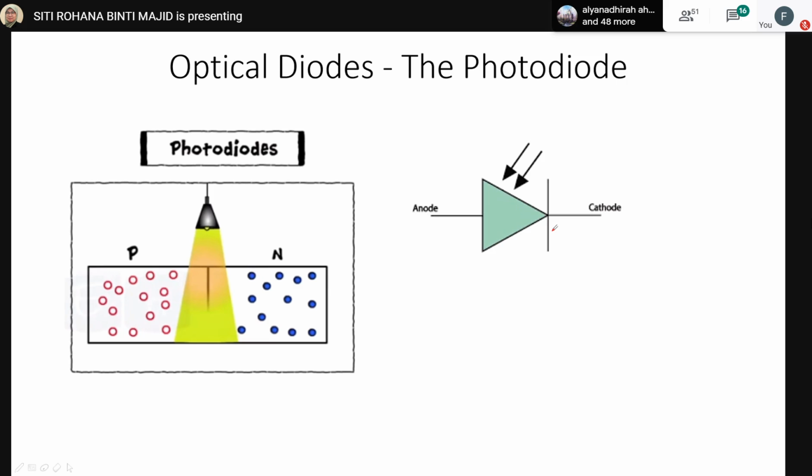So the optical diode has the same concept as a normal diode, but it is very sensitive to light. This type of photodiode will change light energy to electrical energy,